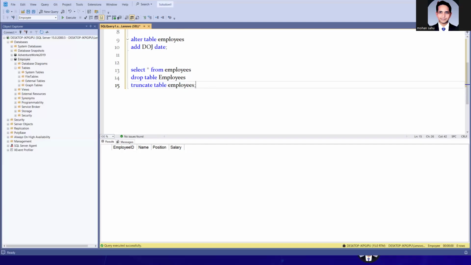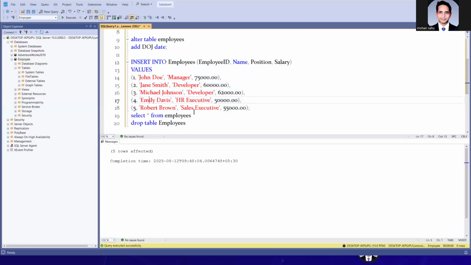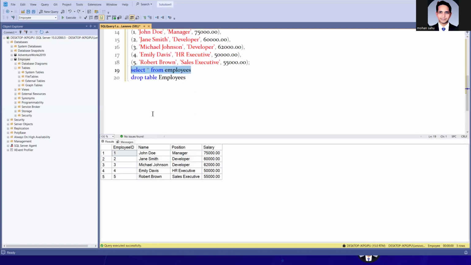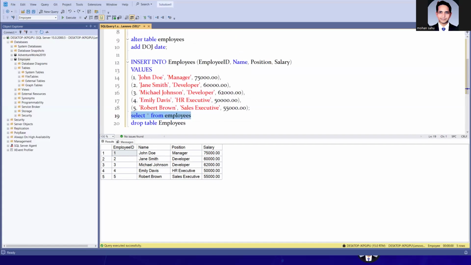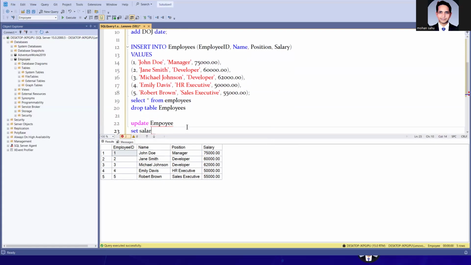Next, we have learned about DML. Insert, I have already shown you. This is the syntax of insert. We have already learned this. When we insert, the data will be inserted in the table. Then we have update. For example, if I want to update the salary of an employee, we write update employees, set salary